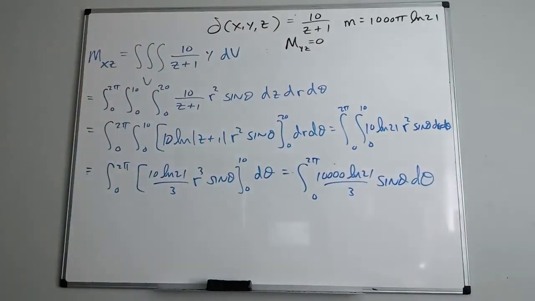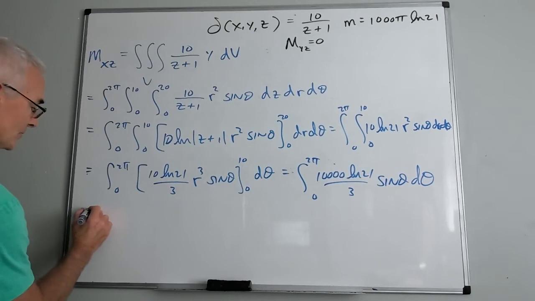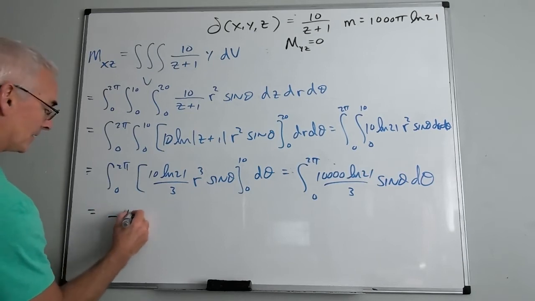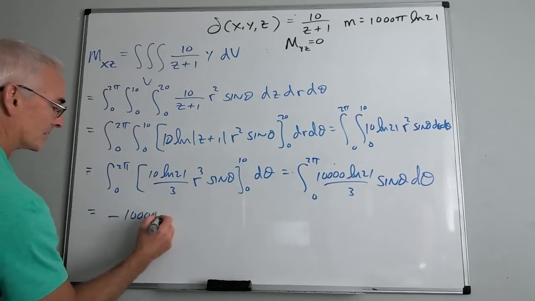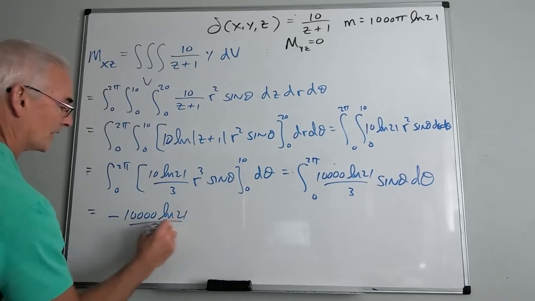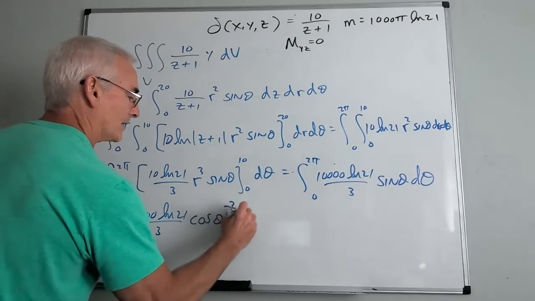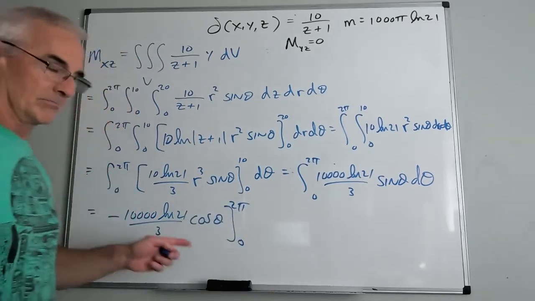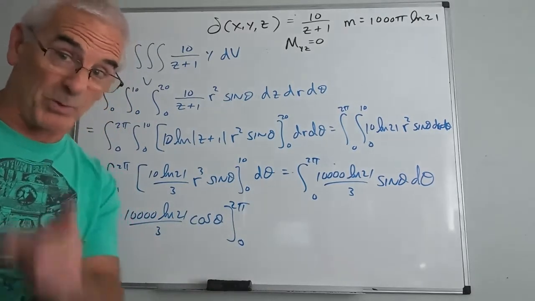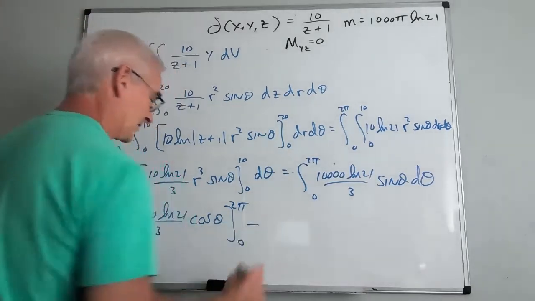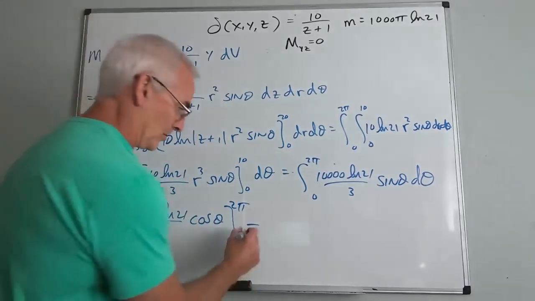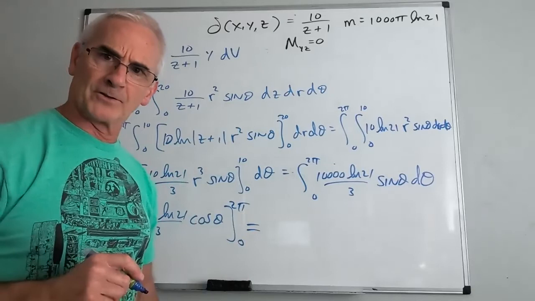Now, when we integrate the sine function, we're going to get the negative of the cosine. So this will then be negative 10,000 log 21 over 3 cos theta from 0 to 2 pi. Aha, because cosine of 2 pi is not 0. Cosine of 2 pi is 1 minus the cosine of 0, which is also 1. And therefore our answer is